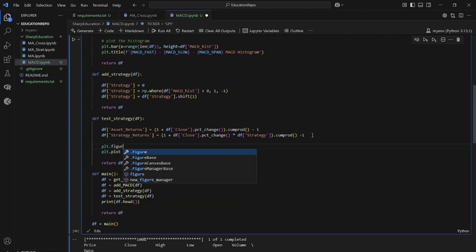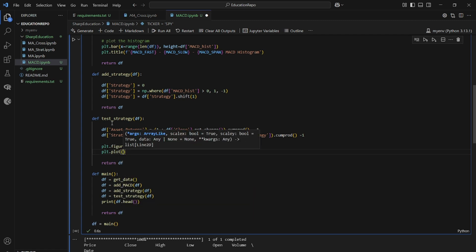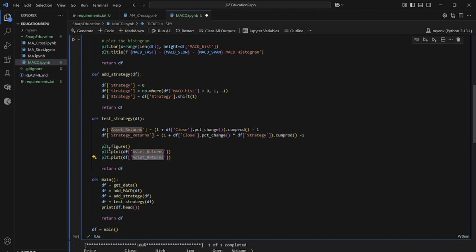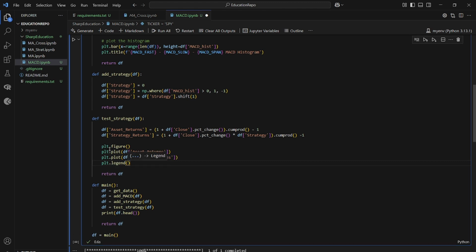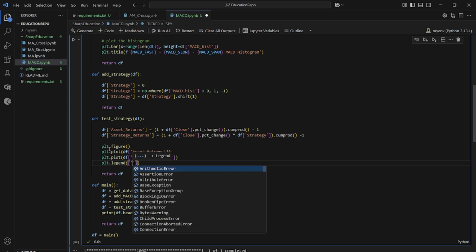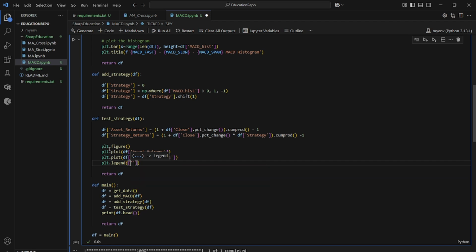plt.plot, plt.figure. We need to make a new one because we already have a plotting function in the same cell. So let's do plt.figure to make a new chart. And then plot the asset returns, copy this code, paste it below, and then strategy returns. We'll just do a legend actually. plt.legend is going to be